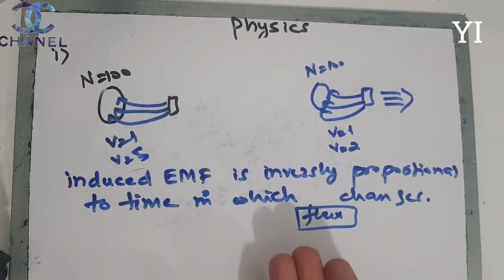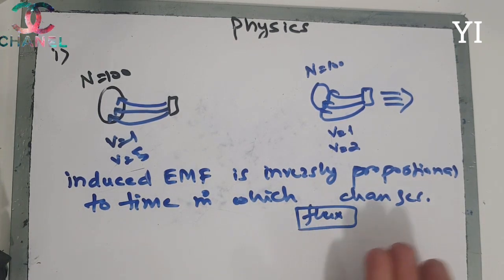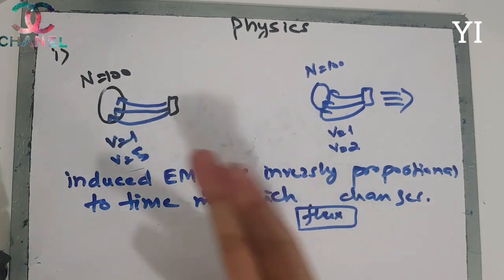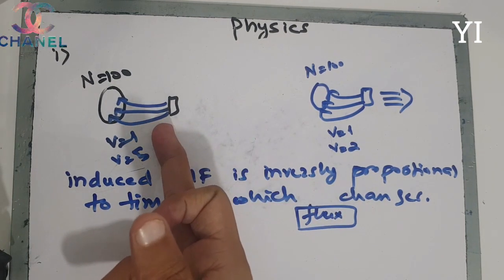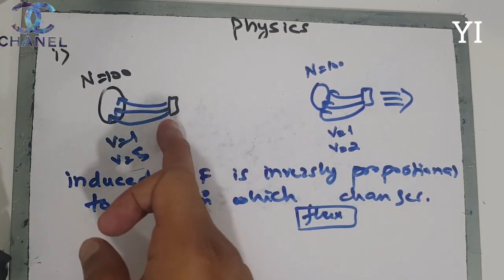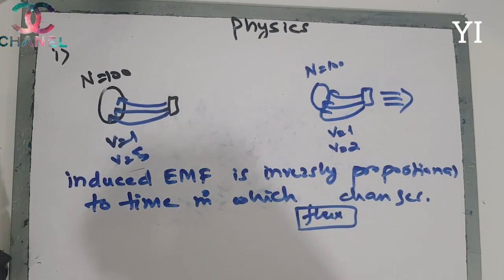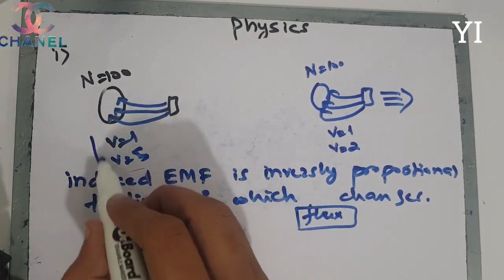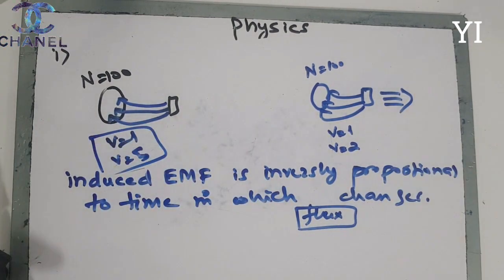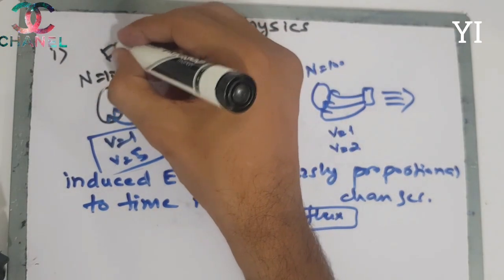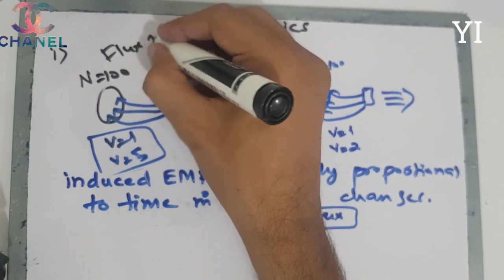So in it, the induced EMF is inversely proportional to the time in which flux changes. So now here the flux changes very quickly. We'll take away this magnet very quickly. So the flux is changing in no time. So the more the EMF is generating in this case. Here the flux is changing slowly. Here in case number 1, flux is changing